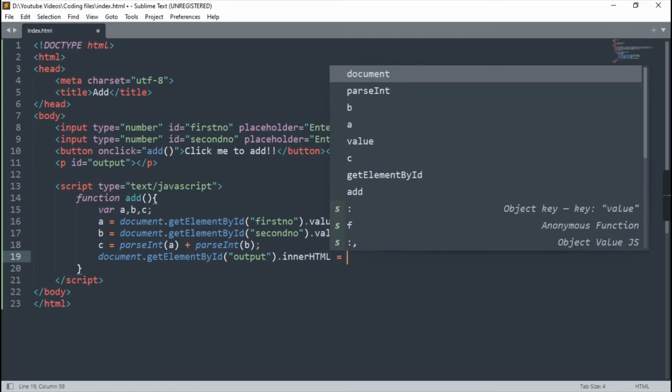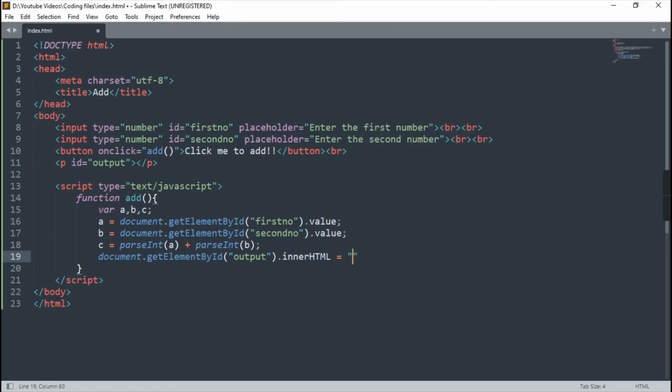Equals to what we need to print. I'll print some text like "the answer is" plus c. Plus is known as concatenation. It will add these two strings. Okay, and we'll close it and we'll save it.